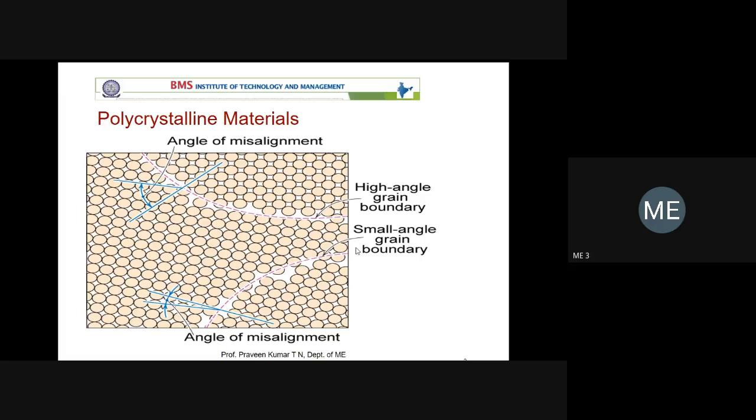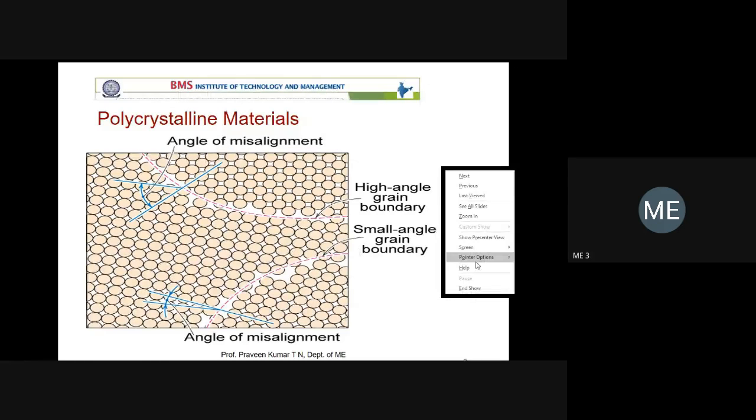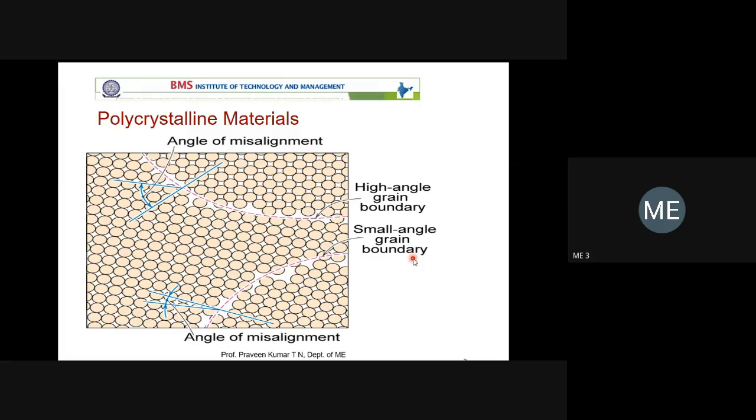Before going to the phase, we have the grain. This is one grain. You should be able to differentiate between grain and phase. Till the previous class, we were discussing only grain. In the complete module 2 and module 3, you are talking about the phase. You studied the liquid phase, gaseous phase, as well as solid phase. But in material science, you are not discussing much about liquid phase or gaseous phase. You are talking only about the solid phase.